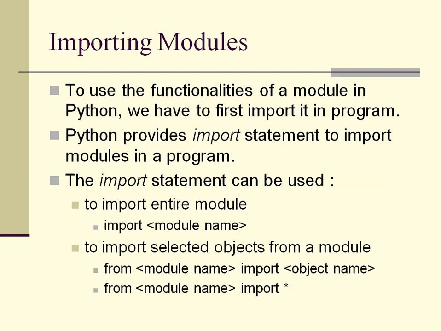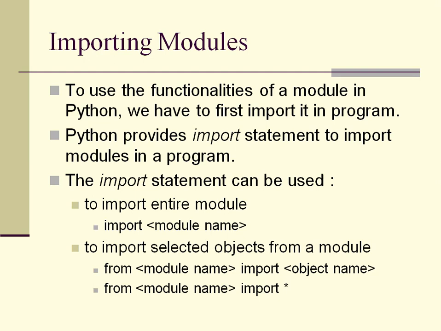So you have come to know about the three commands that are available to import a module differently. One is import space name of the module. It will import the entire module. If you want some specific objects, then you have from space module name space import space the names of the objects separated by comma. And the third one is from space module name space import space star. So it will also import all the objects defined in the module.